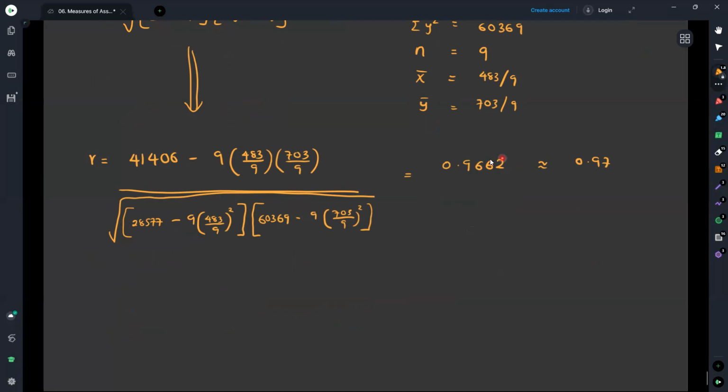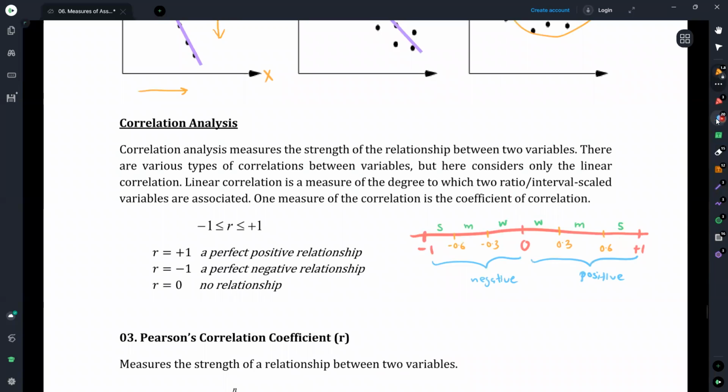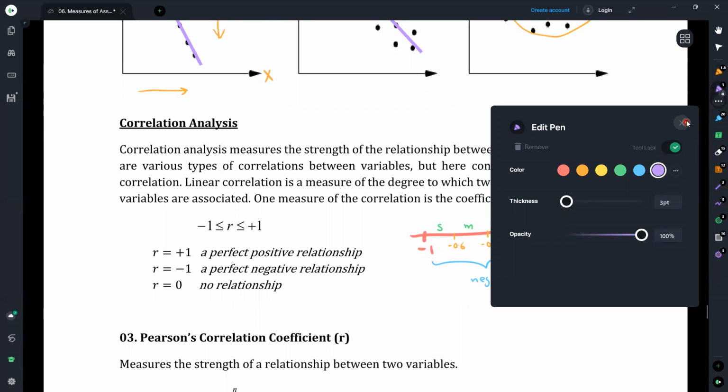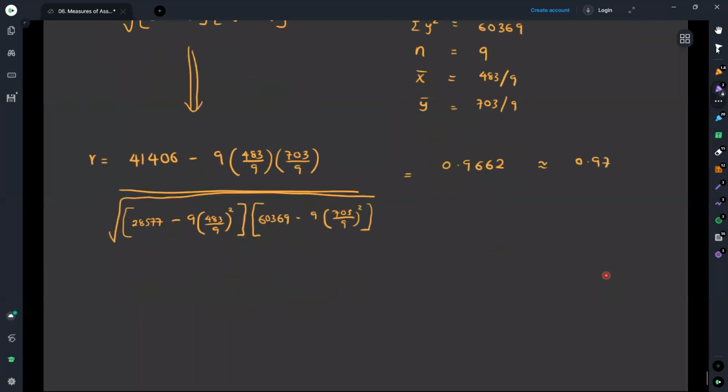Now we need to comment on the answer that we have obtained. According to the scale that we discussed previously, the calculated value for our question is somewhere here, about 0.97. In this region, we can say that it is a strong relationship, and it has a positive value. Therefore, we can say that there is a strong positive relationship